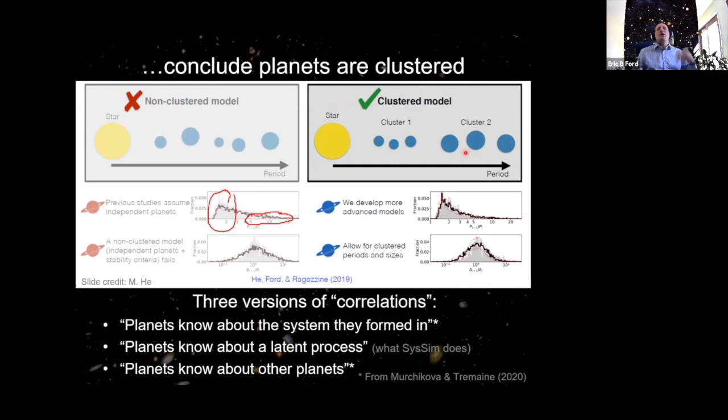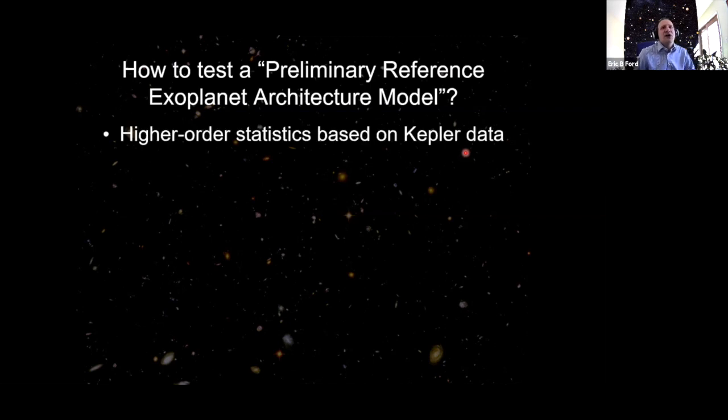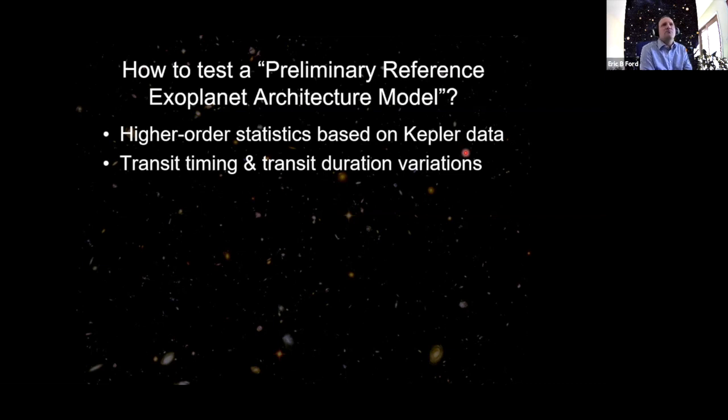So that was a quick summary, maybe in retrospect a little too quick, of some of the interesting things that we're able to learn from architectures and Kepler data. And of course, this naturally leads us to ask, what are the limitations? At the end, we were discussing some of these higher order statistics, things like how uniform is the spacing in multiple planet systems, and we're starting to look at how we can do better for that. Also, someone, I forget, asked about whether we could recognize the interactions, maybe Matthias. The transit timing variations due to planet-planet interactions, or the transit duration variations due to orbital precession, provide information about that. And so we're starting to try to incorporate that information as well.